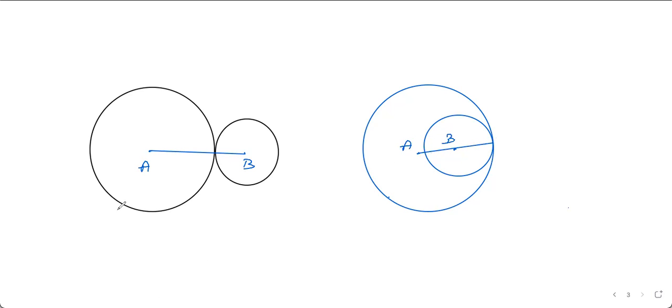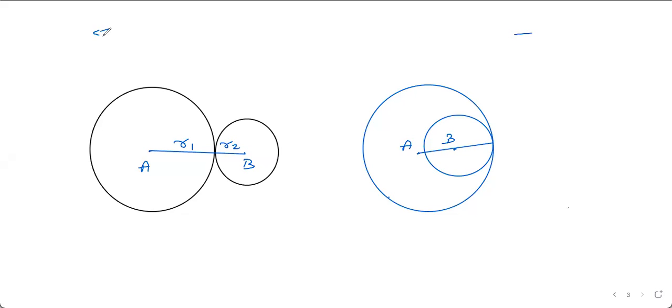See, same circles touching each other, but they can touch each other in two different ways, externally or internally. Do you remember this? R1, R2. When they are touching each other externally, we add the radii. When they are touching each other internally, we subtract the radii. And that is why the two answers.